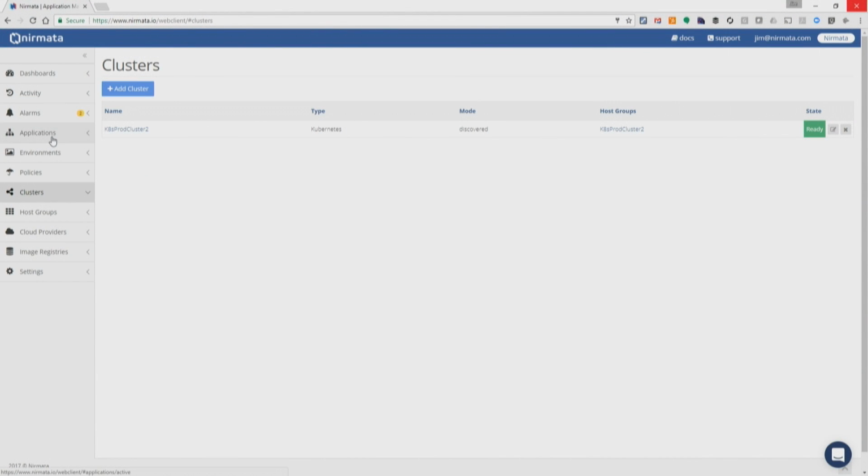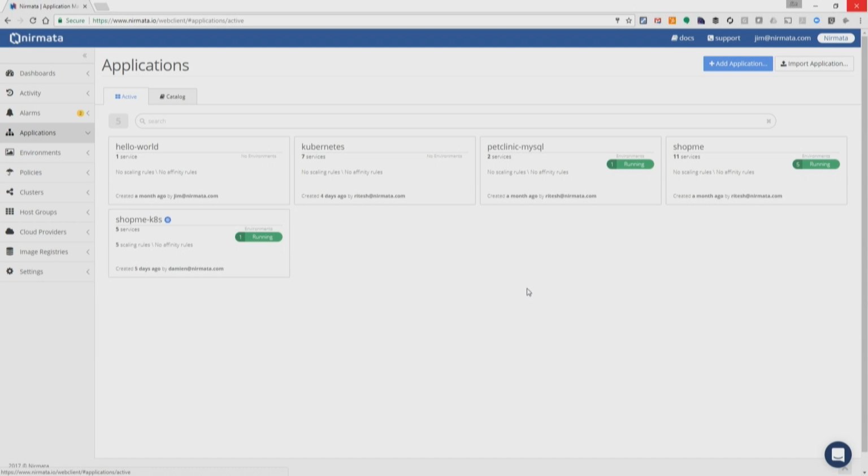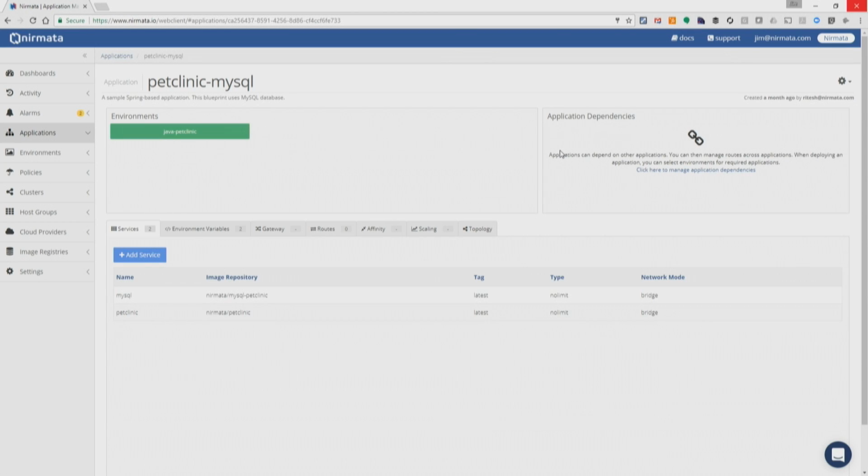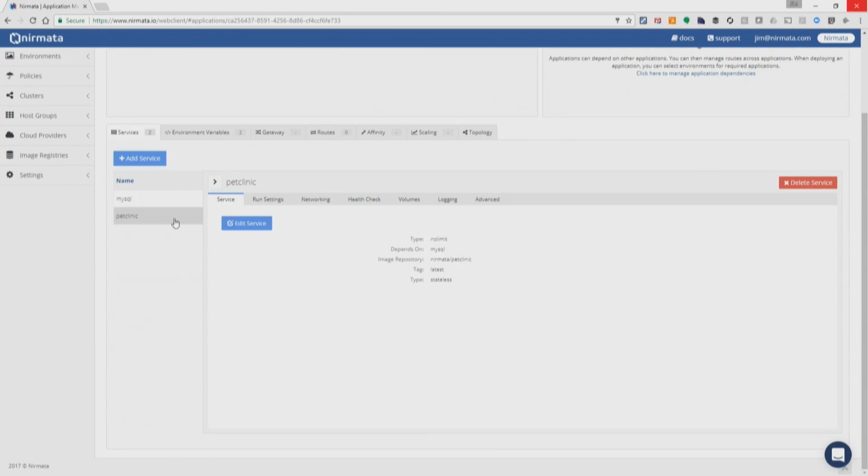Okay. So in terms of applications, let's go to that. So this is an application, what the application screen looks like. Essentially, these are separate applications, completely self-sufficient in terms of the definition, right? So these are basically what we call application blueprints. And in a blueprint, you would specify, like this is a simple demo application. If you're familiar with Pet Clinic, it's a Java-based application backed by MySQL, right? So it's two components. And for each component, you specify all the requirements in terms of what commands need to be run, what the networking requirements are.